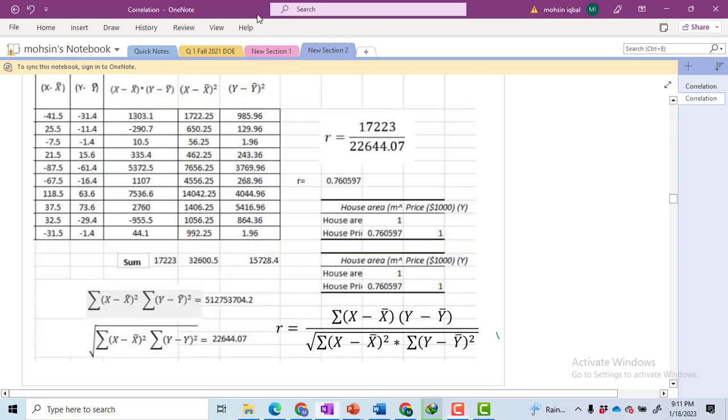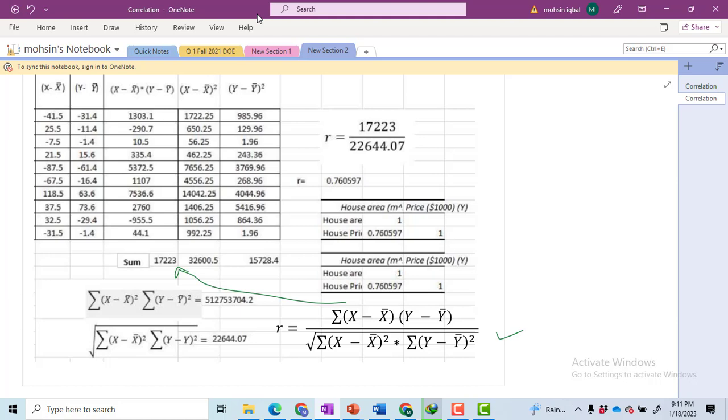So if we now look at this formula, we have already computed our numerator and it comes out to be 17,223. Now we have to work on our denominator, summation (x minus x bar) whole square multiplied by summation (y minus y bar) whole square. So these two values have been computed there, and before taking the square root we got this value, and upon taking the square root we got 22,644. So our rho, or you can say our correlation coefficient, which is represented by r, upon dividing these two values we got